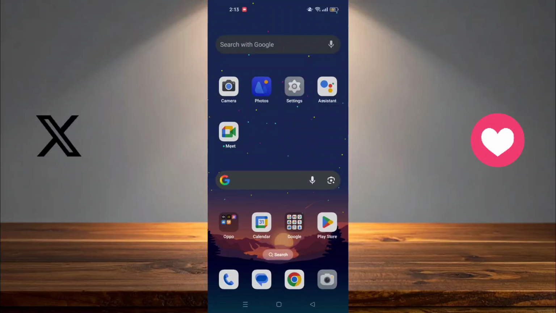Hello and welcome everyone. In today's video I will show you how to turn on dark mode on X, formerly